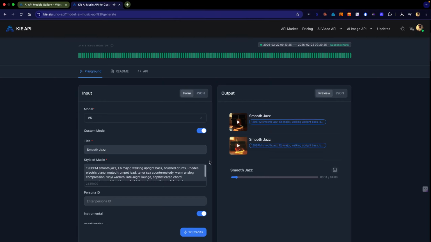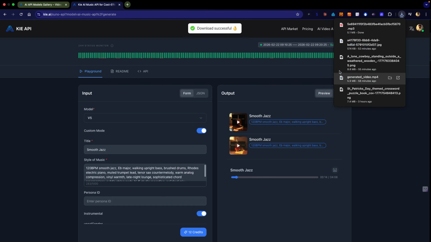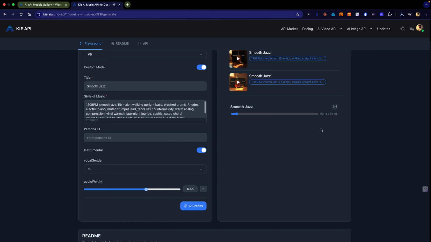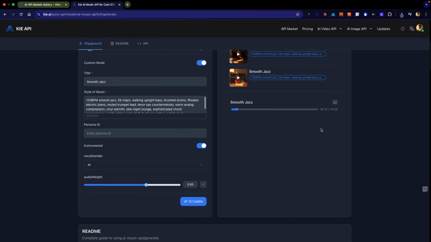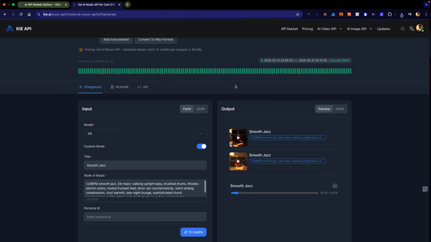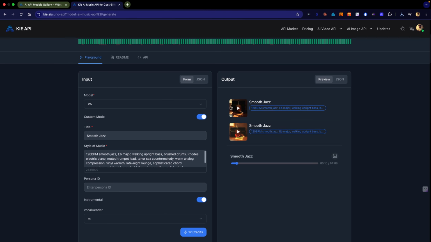So you can see right there, you can download them if you want. It downloads as an MP3, and it costs you about 6 cents for each generation for 2 songs. I'm not going to go over each of these particular functions here, but you can download your individual tracks, and it is going to cost you